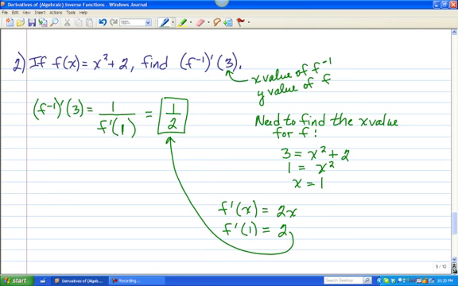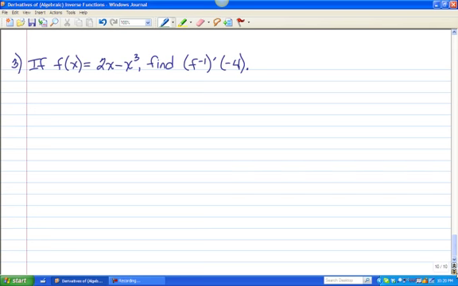And we have one more. This time we have a cubic function, 2x minus x cubed, and we're asked to find the derivative of the inverse at -4. As we talked about before, that -4 is obviously the x value of the inverse, and it is therefore the y value of the original. So if we set up what it is we're trying to find,